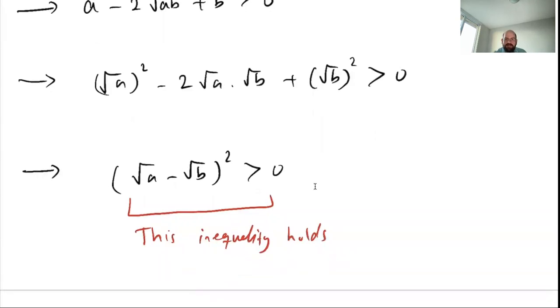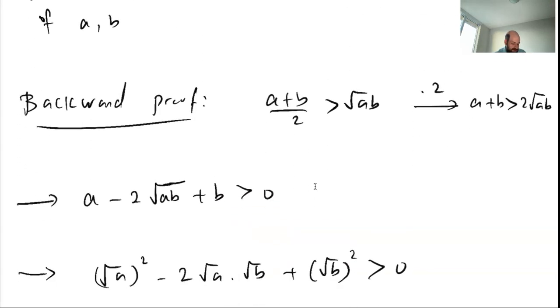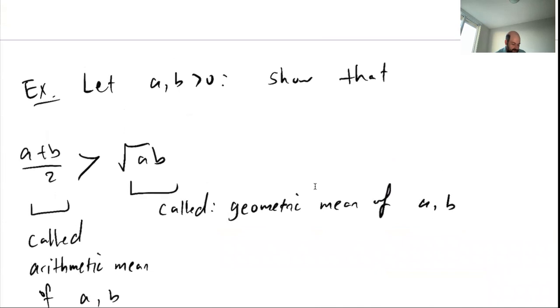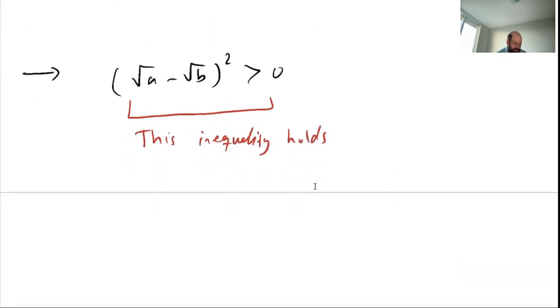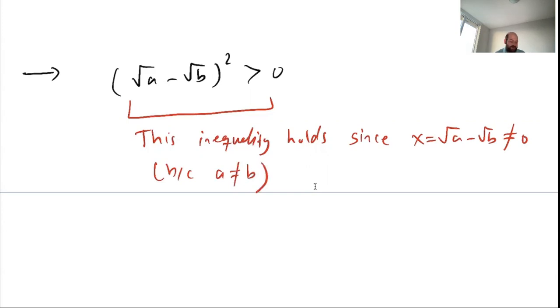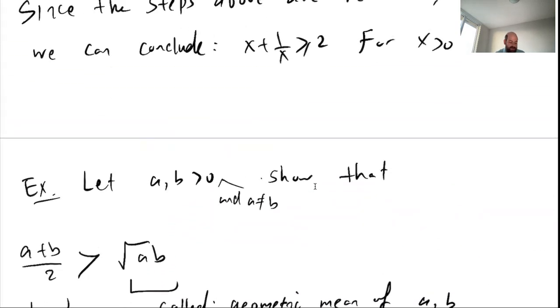So here, let's also assume that a and b are positive and not equal to each other. So let a and b be positive with a not equal to b, and we want to show this. So this inequality holds since, let's say, if I set x equals root a minus root b, it is not equal to 0, because a is not equal to b, right? So I have to add the assumption that a is not equal to b,